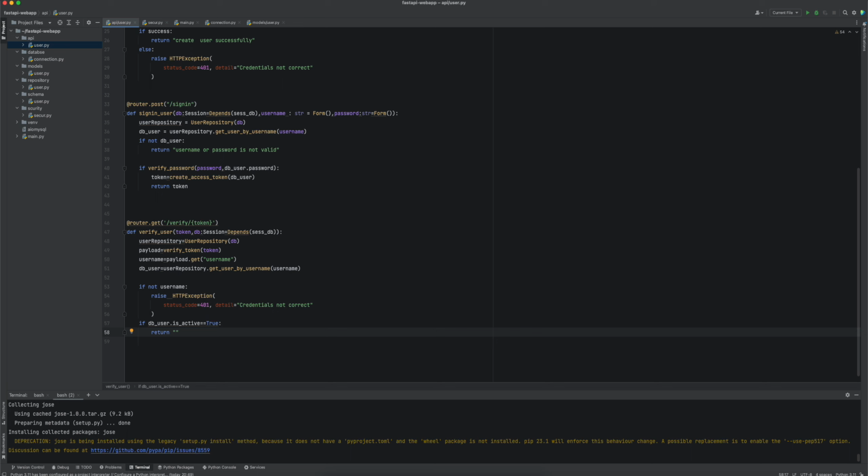Actually, with this verify token, we want to be sure that user is active. Actually, this depends on you, what is the goal or purpose of the token, what you want to do, what you need. Actually, you can manage, you can check everything that you want. For example, in this case, I verify token to be sure user is active, and we can say your account has been already active with,